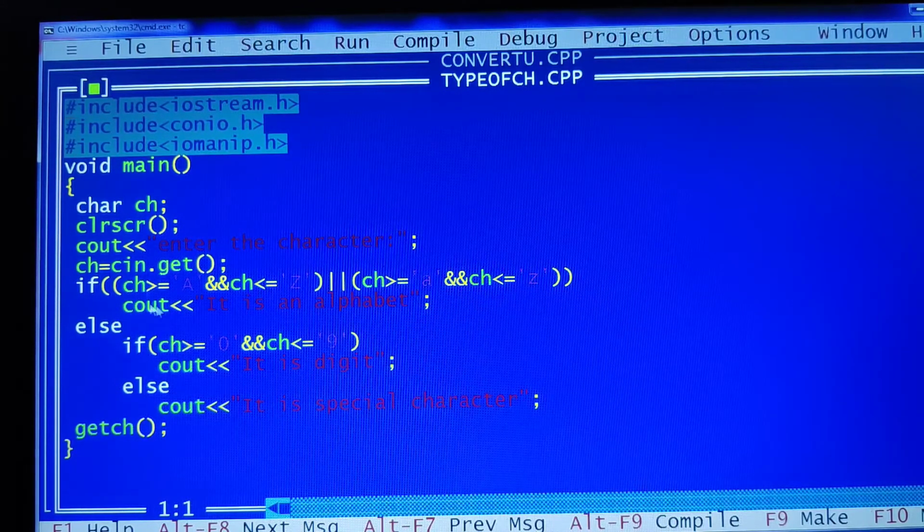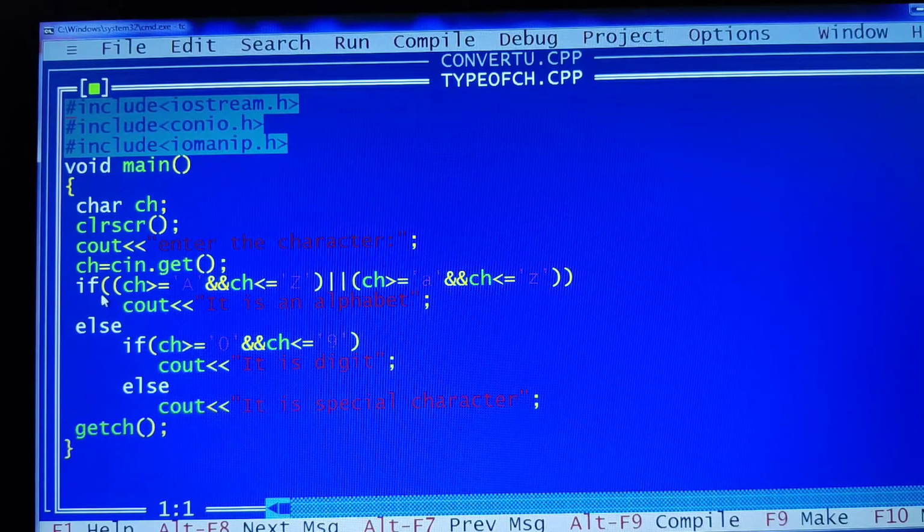If you carefully observe, I have taken a variable known as ch of data type char and then enter the character. See, instead of directly using cin followed by a character, I am using a function known as get. After I read a character, I am storing it in a variable known as ch. So cin dot get of ch here, whatever you read with the help of the get function will be stored in the variable known as ch.